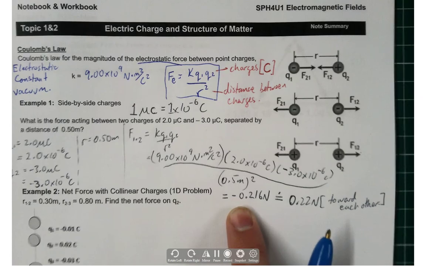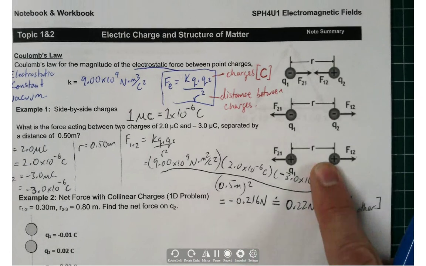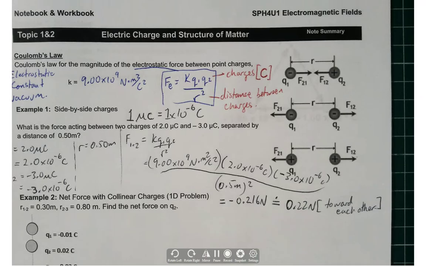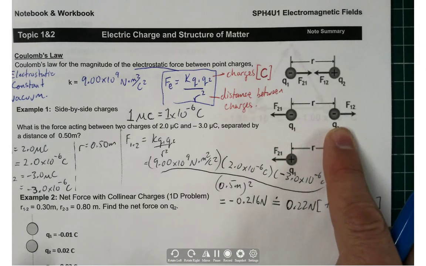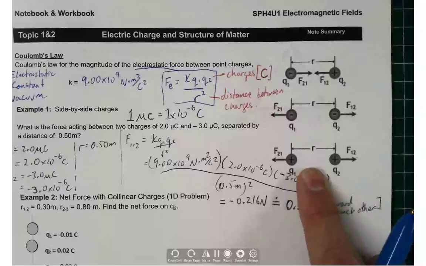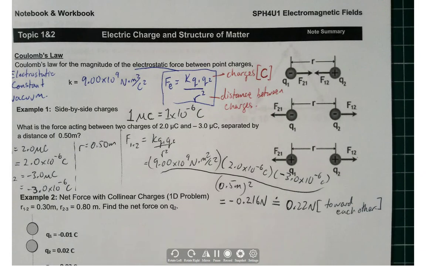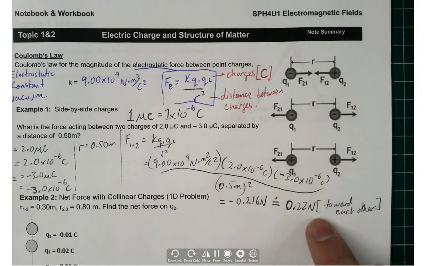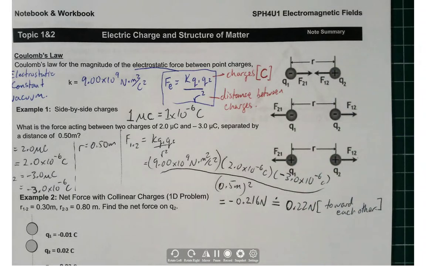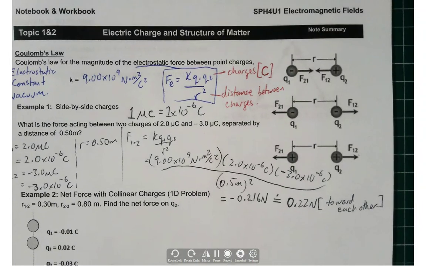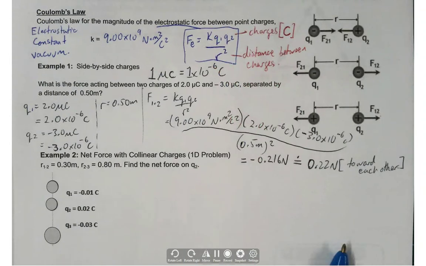Because opposites attract, which is really why I also wanted to list out these pictures, to show that opposites attract, so the negative sign must mean opposites attract. If I did the exact same process and both of the charges were negative, wouldn't that have been a positive answer? Negative times a negative is positive. That means repulsion. Positive times a positive for the two Q values, again positive, therefore repulsion, right? So we're linking up this idea of what positive and negative means and hanging our hat on some silly thing that we heard about dating once, about opposites attracting and like things repelling or something like that. All right, so I want to pause there, and we'll look at